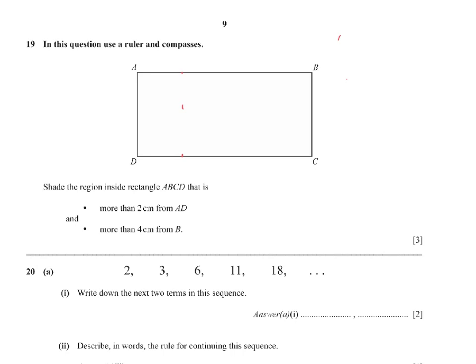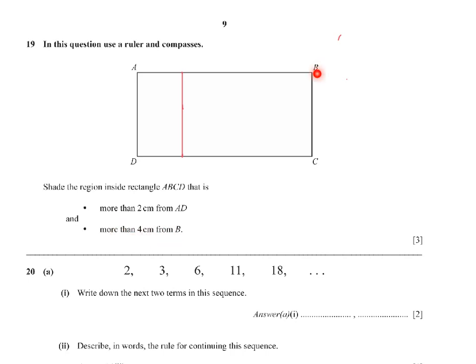So yours might look slightly different, perhaps because my rectangle here is smaller than what it looks like if you actually print out the paper, but this is 2 centimeters away from AD, and it needs to be more than 2 centimeters away. So we're interested in this part, because all these points in this part in the rectangle are more than 2 centimeters away from AD. However, I'm not going to shade yet, because it has to be more than 4